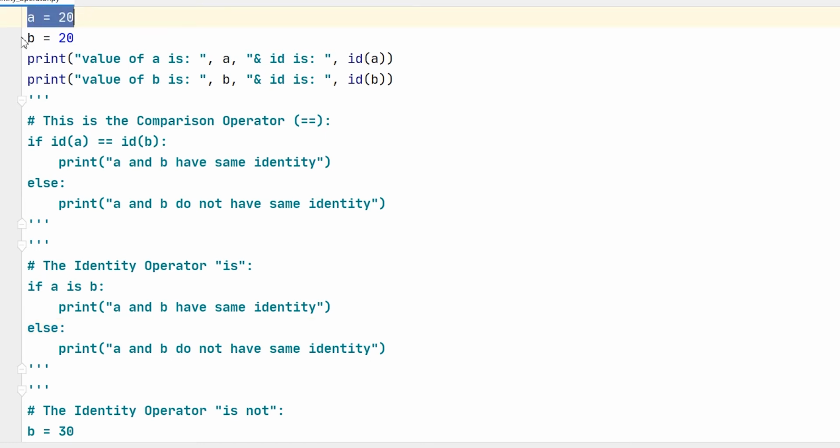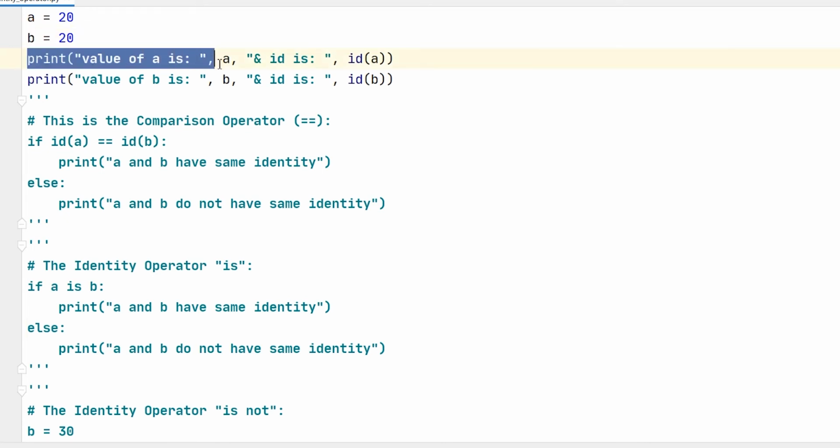As you can see here, I have two variables a and b, each assigned the value 20. Now I am printing "value of a is" a and "id is" id of a. Here id is a built-in function which finds the identity of a variable.